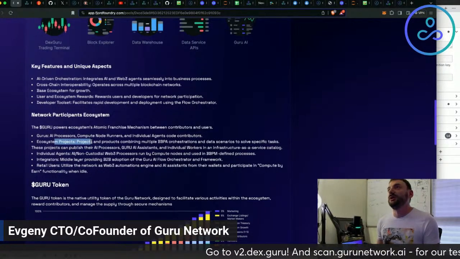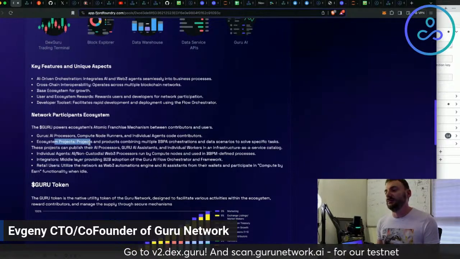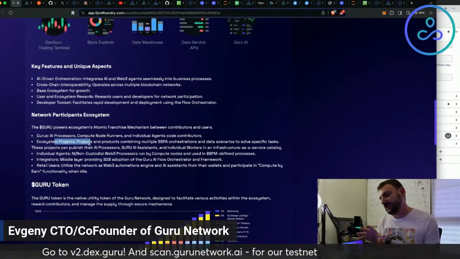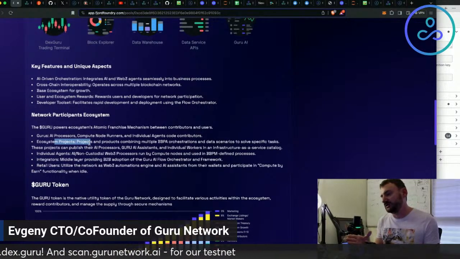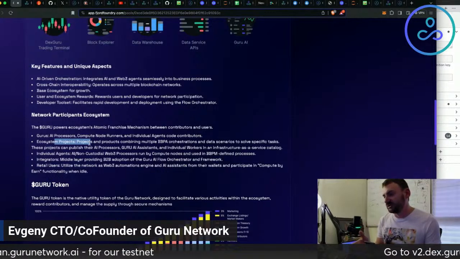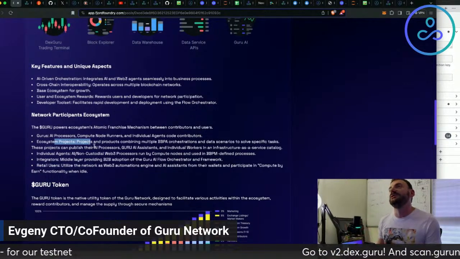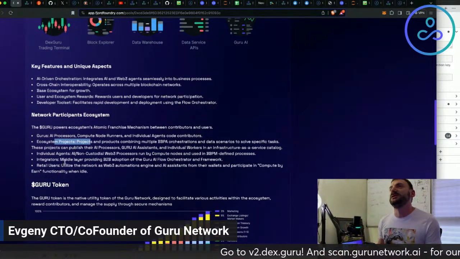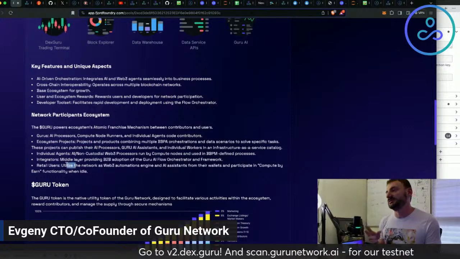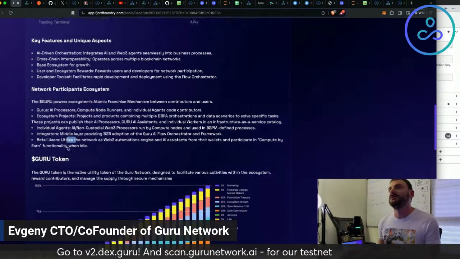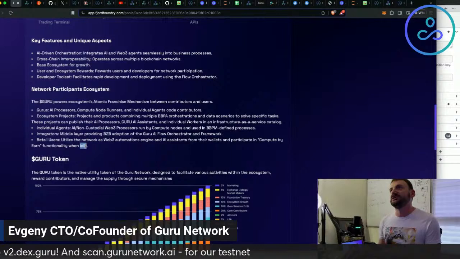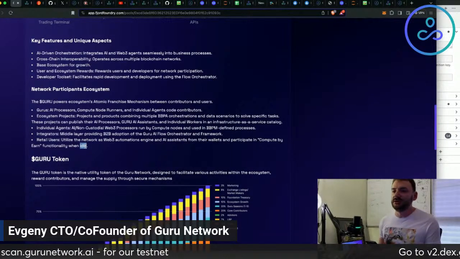Ecosystem projects would be onboarded again. For them it means Guru economy from the ecosystem product, because orchestration fees and everything are issued in Guru, and that's its utility value, as well as exchange between network participants. And for retail users, it would be a little bit down the line.